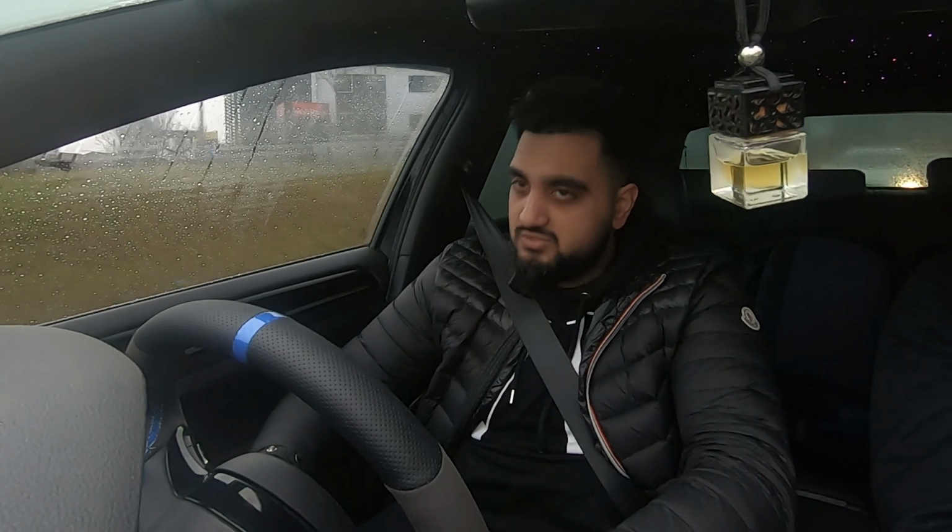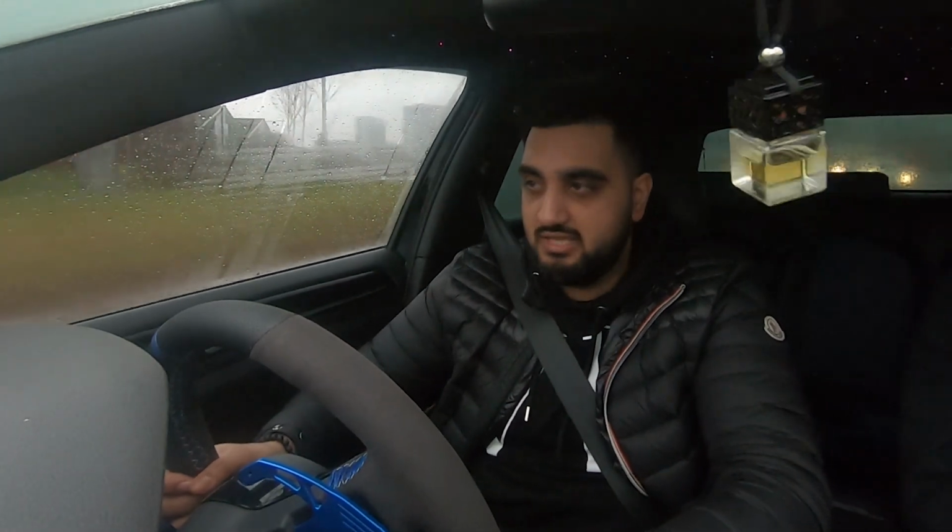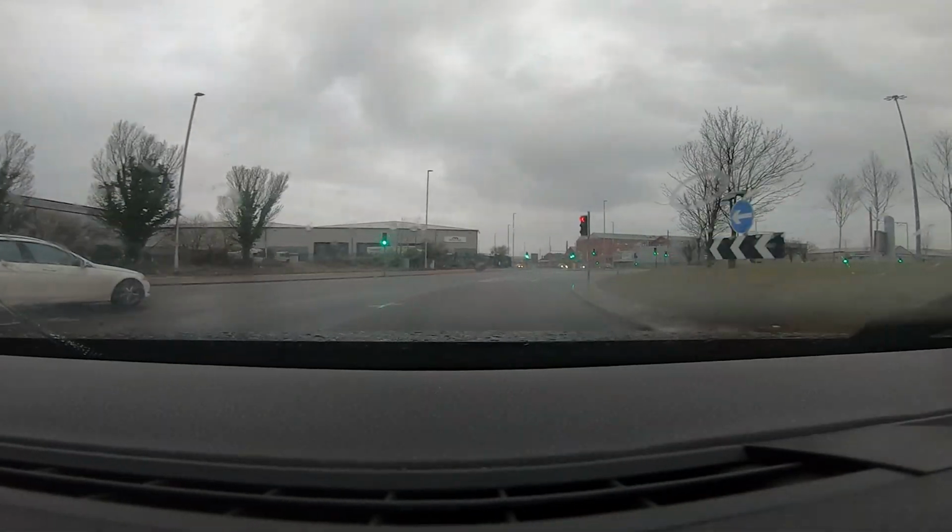I've never had a red car, but Shaq's had a facelift S3 up for 24 grand, which is 4 grand more than I paid for this. But it was a facelift, because I always said if I was going to get an S3, it'd have to be a facelift. I wouldn't get a pre-facelift. What edged me really was,